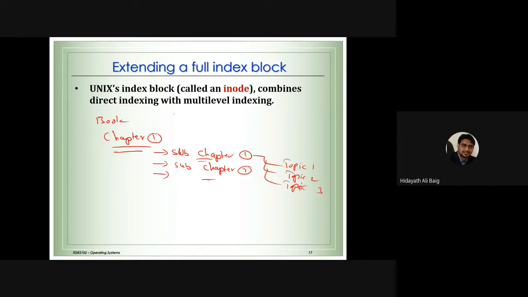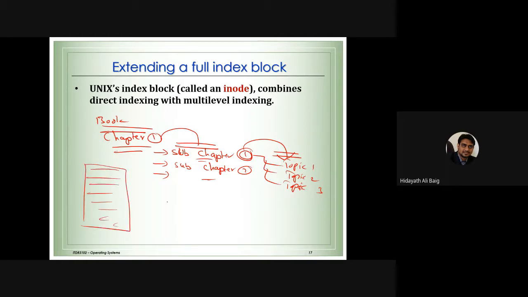So this is level 1, this is level 2, this is level 3. The first information is about the chapters. If I see the chapter, I understand there are sub-chapters; if I go to sub-chapter 1, I understand there are subtopics. This is not a single level, it is multi-level. We have chapters, in the chapter we have sub-chapters, in the sub-chapter we have the topics. So this is called multi-level